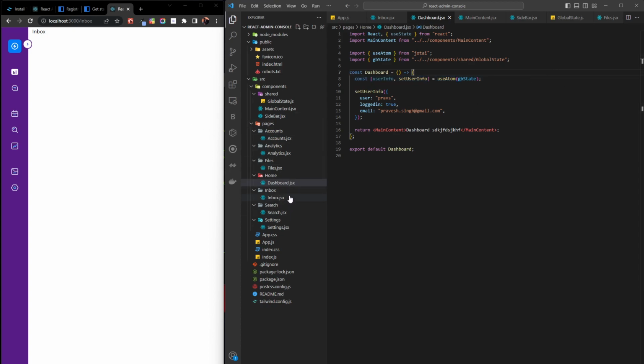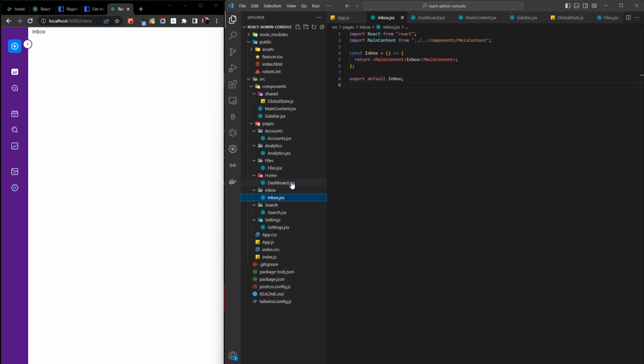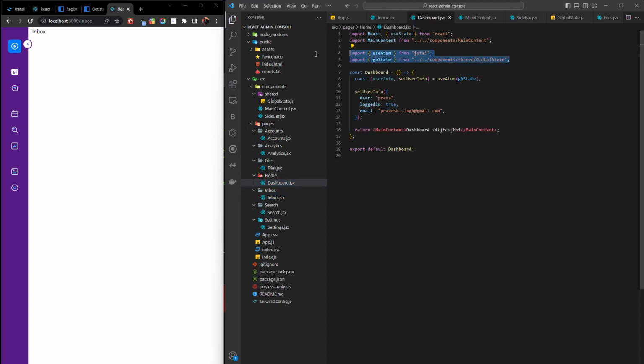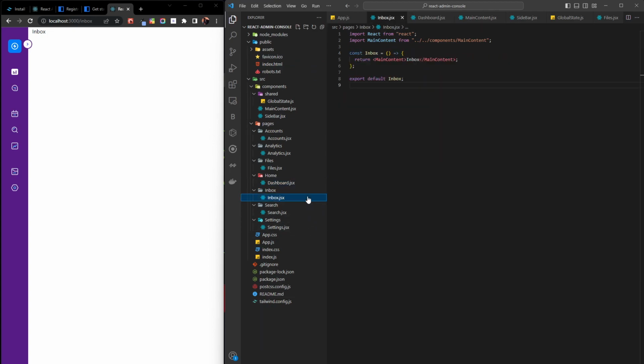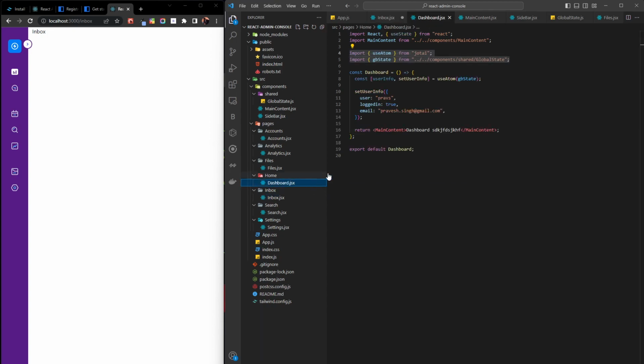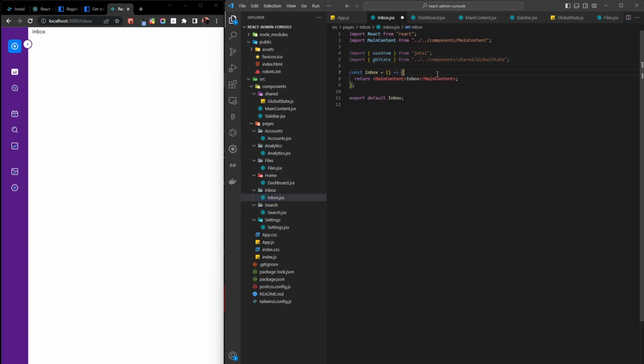Now suppose I want to go to inbox and I want to check what is the user. So what we will do is we will just copy these. We don't have to do anything else. We just go to inbox, we paste over here. Then we go here, copy here, paste it, but we don't need to set info. We just need to restructure this,